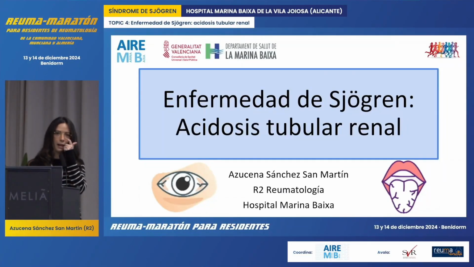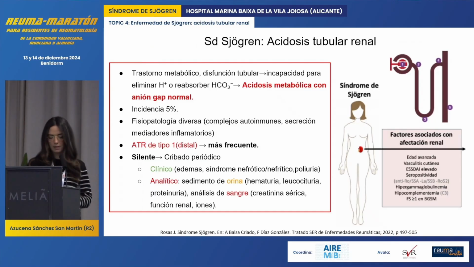Well, I'm going to talk about the last topic, which is very brief, so that we keep an eye out that these patients can develop renal tubular acidosis as a complication. What is it about? It is a metabolic disorder caused by a tubular dysfunction, which results from an inability or failure to eliminate hydrogen ions or to reabsorb bicarbonate, and as a consequence, ultimately leads to metabolic acidosis with a normal anion gap. It has an incidence of around 5%, and the pathophysiology is quite varied, involving autoimmune